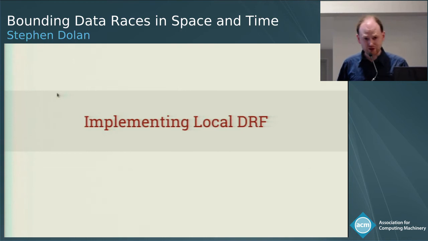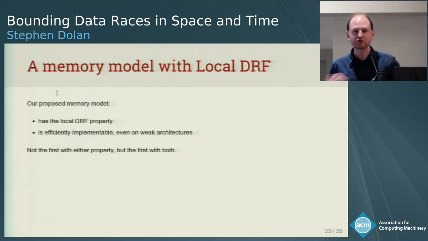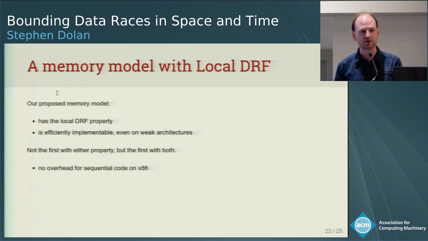So, as well as defining this new property, we've proposed an actual concrete memory model that has this property, and is also efficiently implementable, even on weak architectures like ARM. There have been memory models with local DRF before, even though we're introducing this new property, since it does hold for some previous ones, SC being the obvious example. But our memory model both has this property and is actually efficiently implementable. The major overhead in doing this is the risk that we might slow down sequential programs. That's the reason why